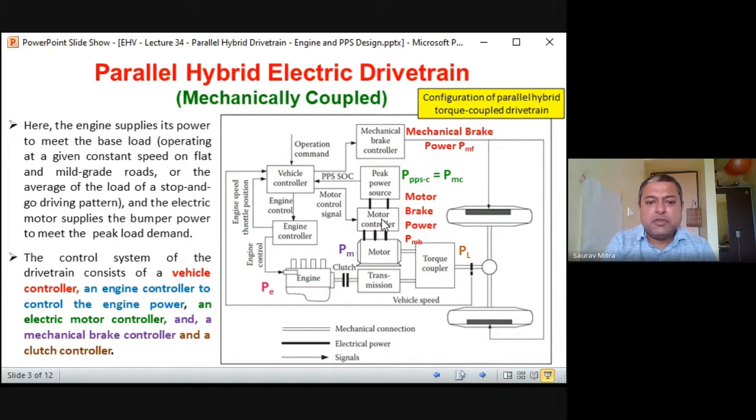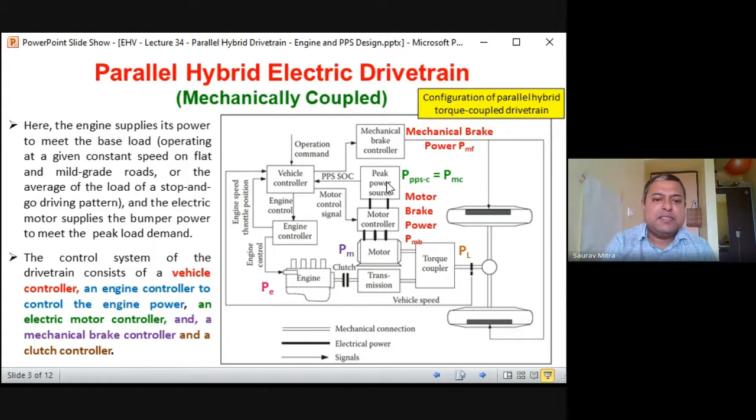As long as this PPS is 100% charged, engine is off in that thermostat control. Then this PPS actually gives the energy to drive the actual traction motor till the PPS energy drops to the PPS bottom, or we call it 70%. This PPS will be giving supply to the torque coupler, and through that it will be giving supply to the drivetrain. So initially the engine will be off, PPS is 100% charged, that is the top line. PPS will be serving energy to the actual vehicle driving. Now doing that, PPS falls to 70%.